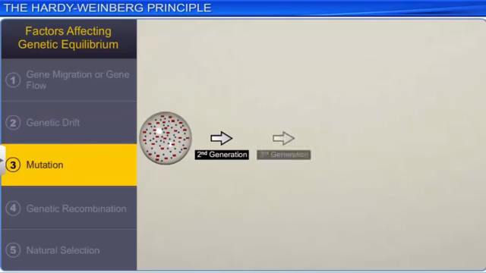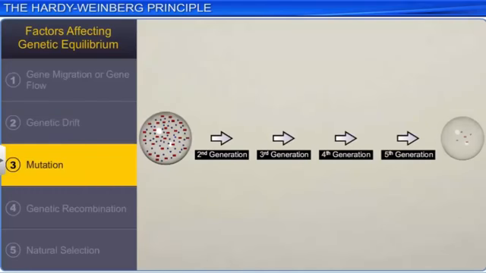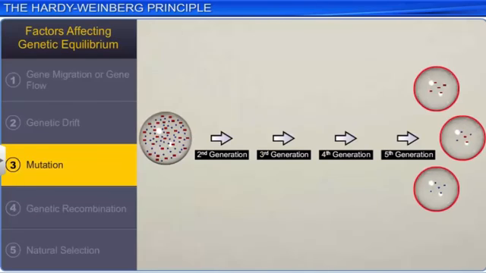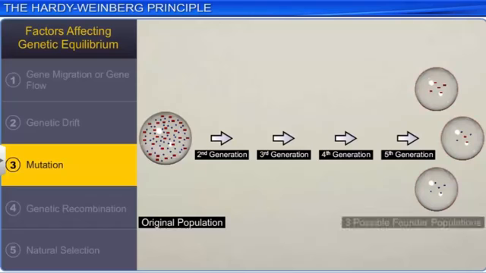Mutation is another factor that affects the genetic equilibrium. On some occasions, the change in allele frequency due to mutation is so different in the new sample of the population that they become a different species. In this case, the original drifted population becomes the founder, and the effect is known as the founder effect.